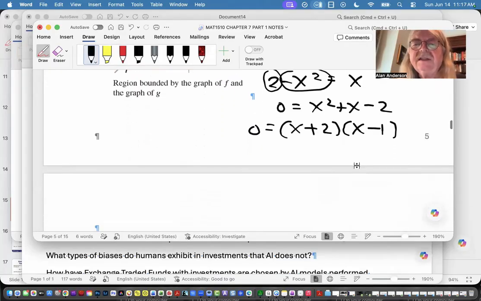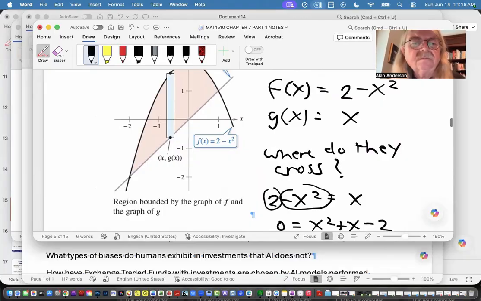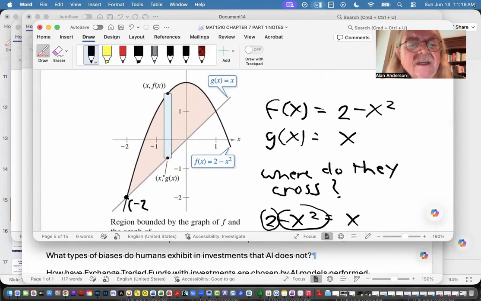So that means that each of these individually can be set equal to 0. And therefore, I end up with x equals -2 and x equals 1. Yeah, and we can solve. It doesn't really matter what the y coordinate is here. What matters is that this is -2, and this is 1. So